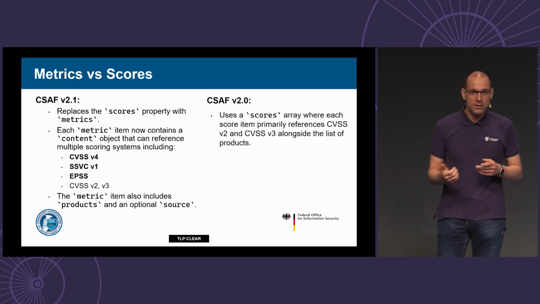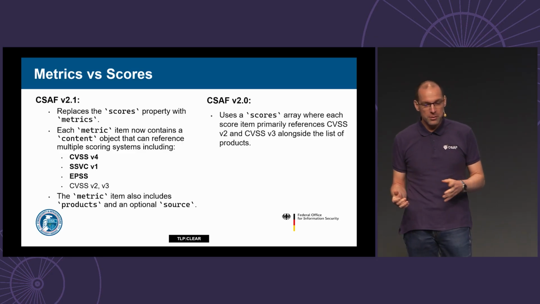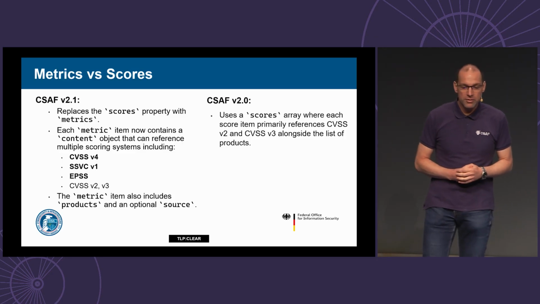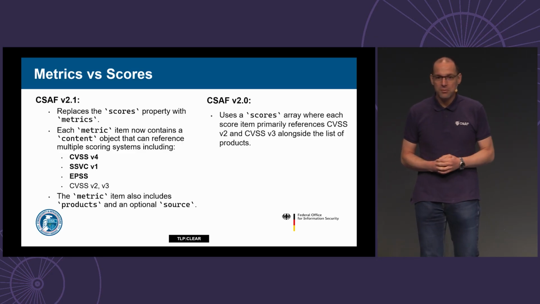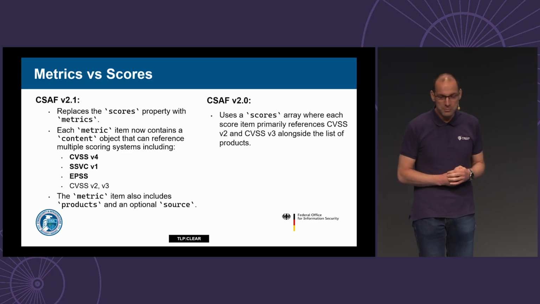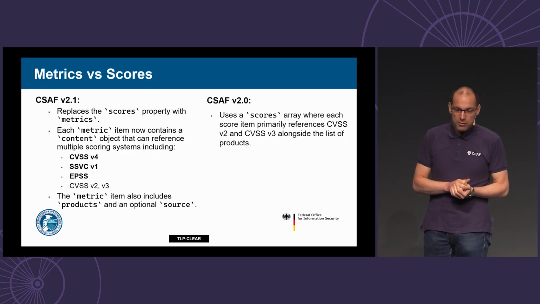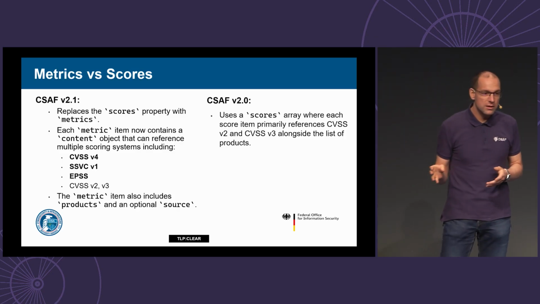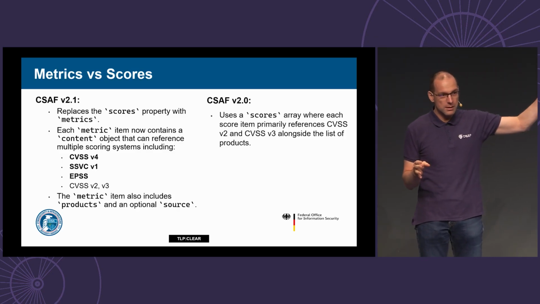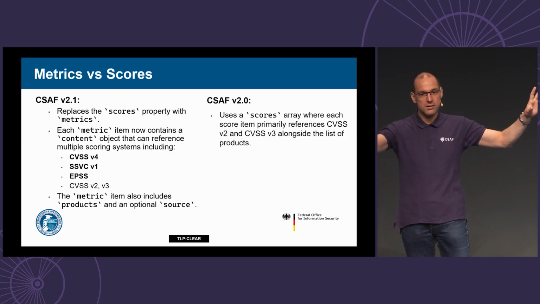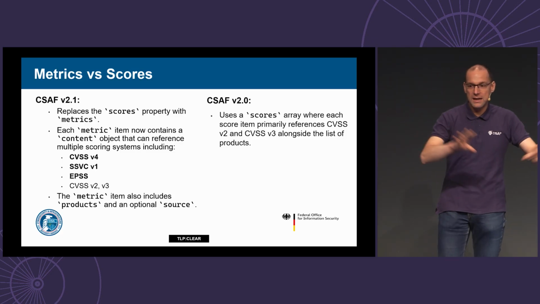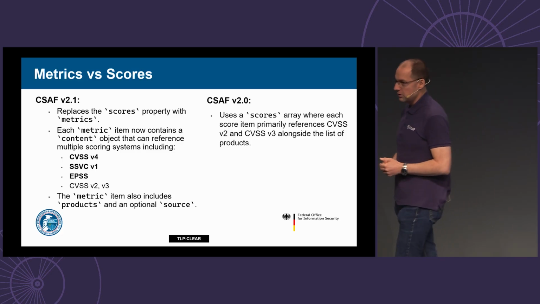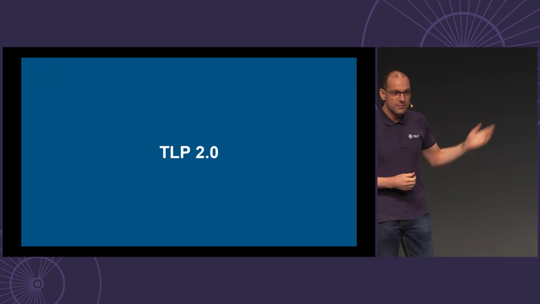So besides CVSS 4.0, we also included SSVC 1.0 and EPSS. If you want to use those, that's now also an option in CSAF. We also provide an optional source so that you can say this CVSS score comes from this source. I believe it's this CVSS score. Now you make out of that information whatever you want. The other